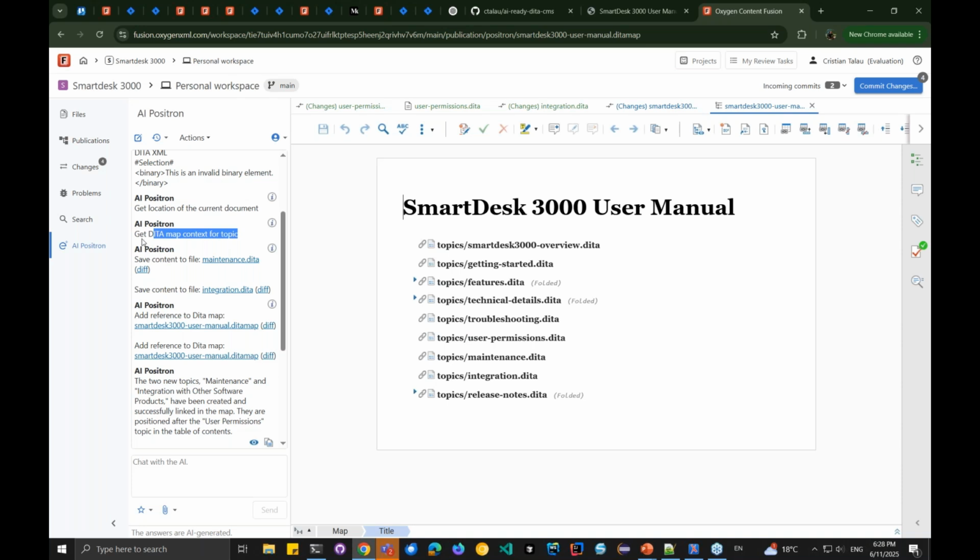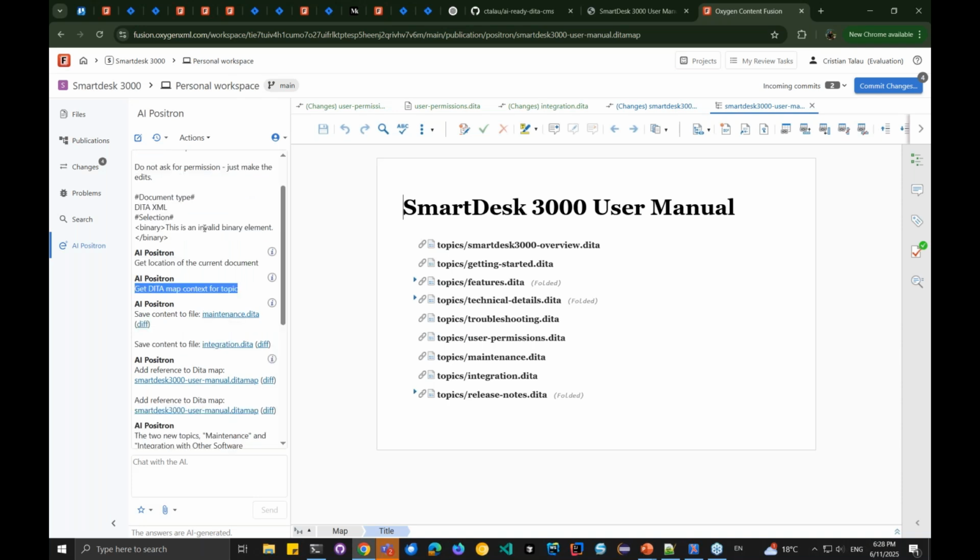And then based on the context data map, it goes on and creates 2 new topics, and then adds them in the data map. So until now we saw several pieces of context: the context related to the current document, and the context related to the context data map. There are also some other